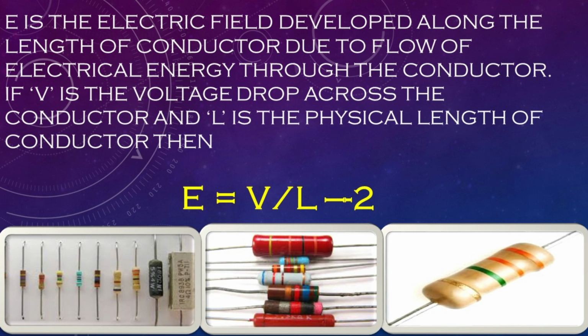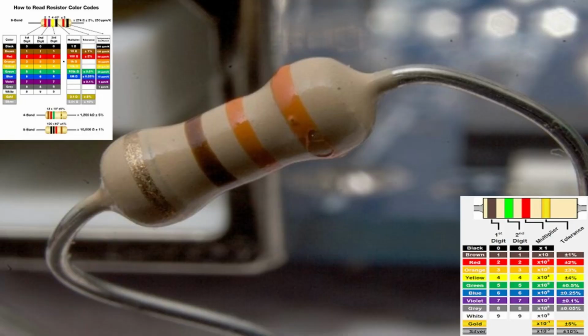E is the electric field developed along the length of conductor due to flow of electrical energy through the conductor. If V is the voltage drop across the conductor and L is the physical length of conductor, then E equals V/L. (2)